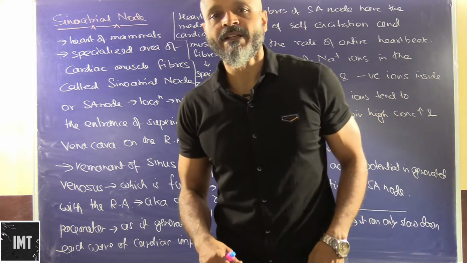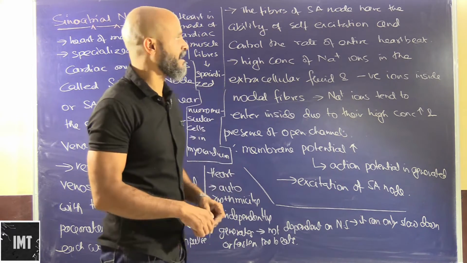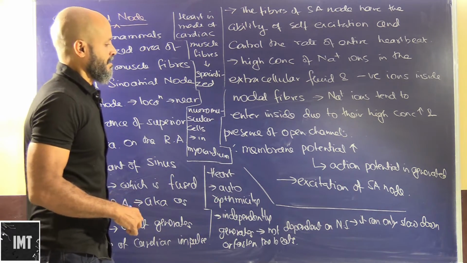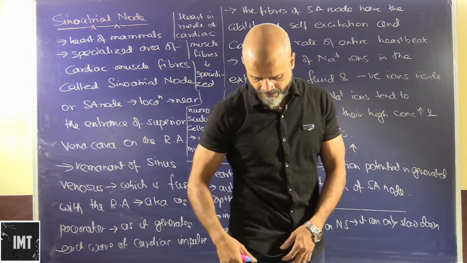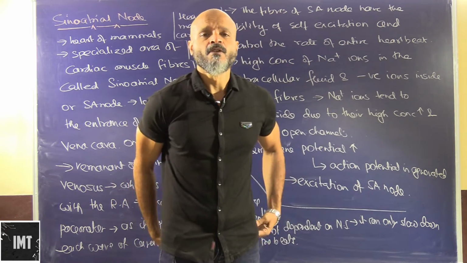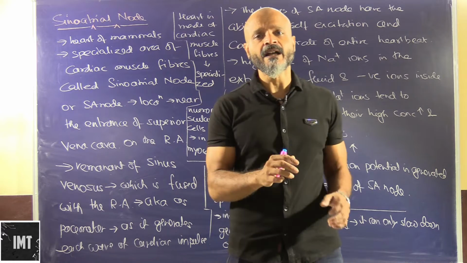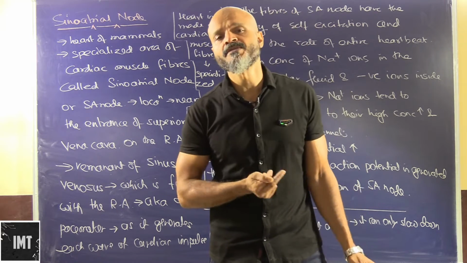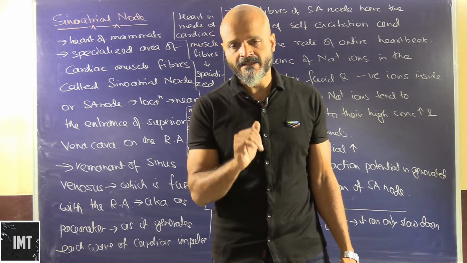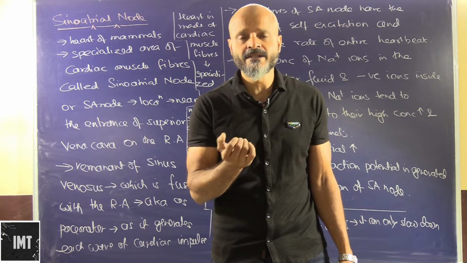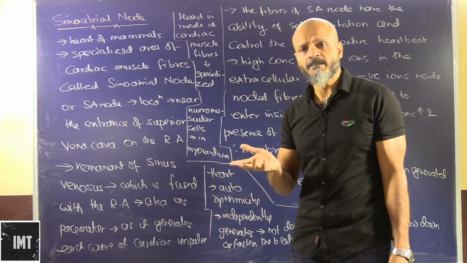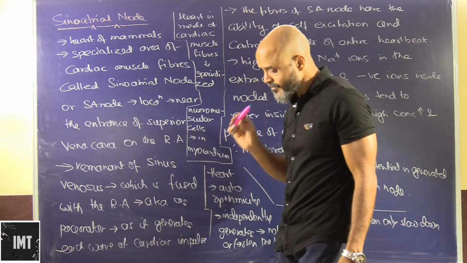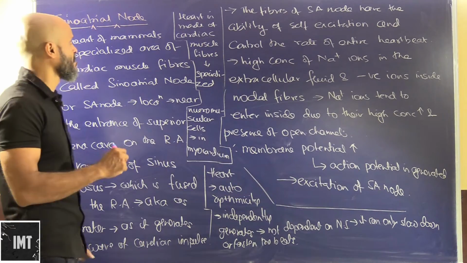Alright people, so we will continue with the human heart form, and we have seen how the myocardial wall is, what cells it is made up of, what the superior and inferior vena cava are, and how many valves we have in the atrioventricular separation, between the conducting tubes. So what carries what blood to the heart. Okay, now we will see the conduction system of the heart.